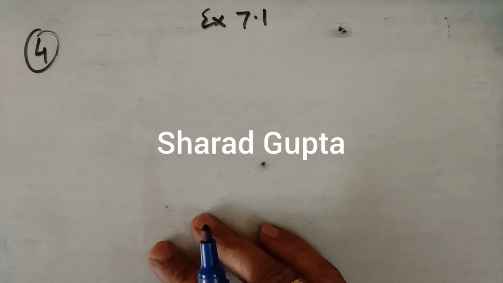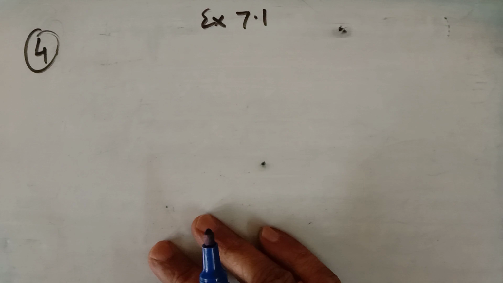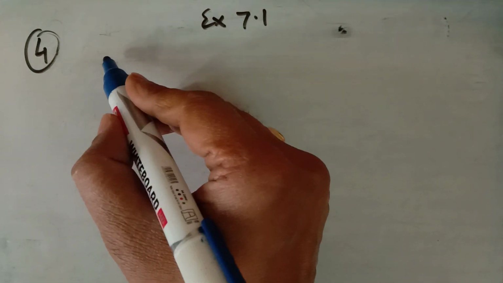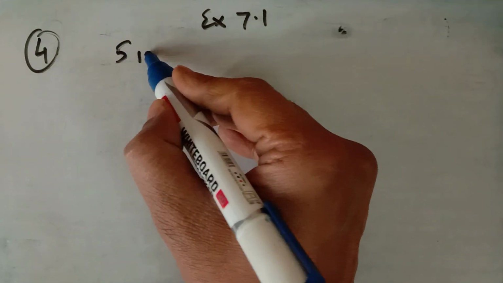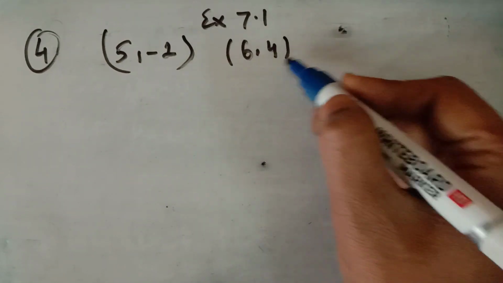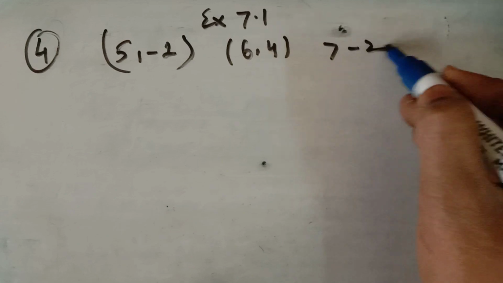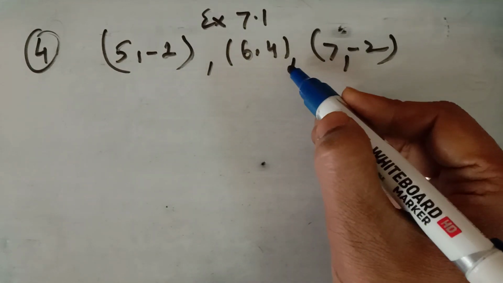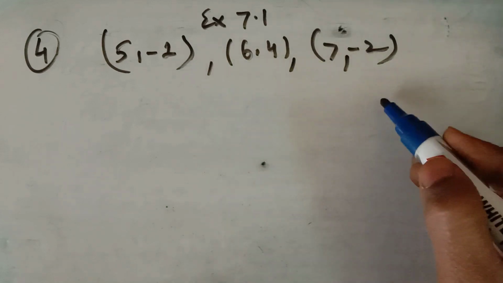This is lecture number 2 for the chapter Coordinate Geometry for class 10th. In the last lecture we discussed the distance formula and questions number 1, 2 and 3 of the first exercise. Now in question number 4 you have to check whether these points, that is (5, -2), then another point (6, 4), and the third point (-7, -2),